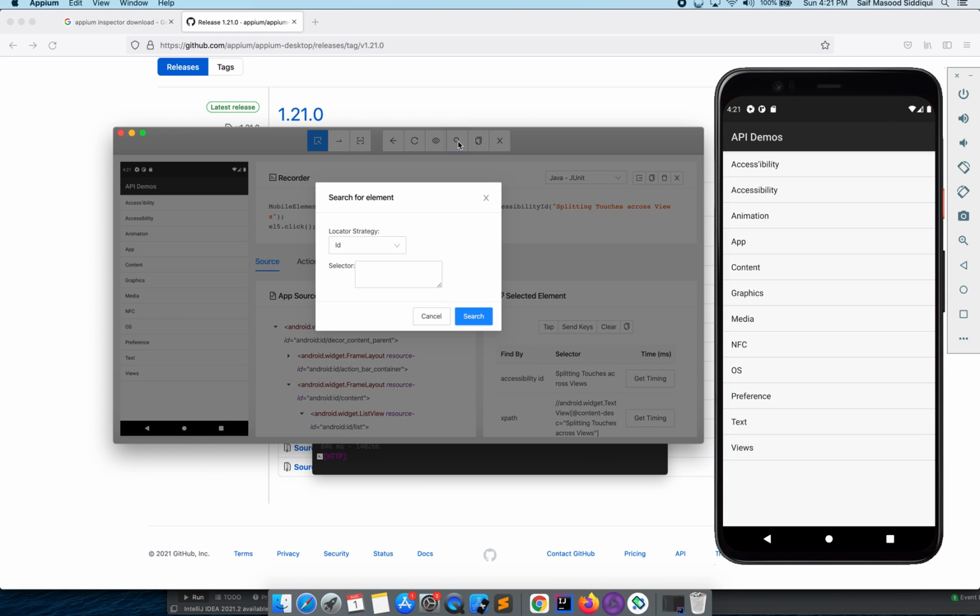So here if I want to search any element, maybe accessibility, I can just try to search it by accessibility. So it is not able to find this.